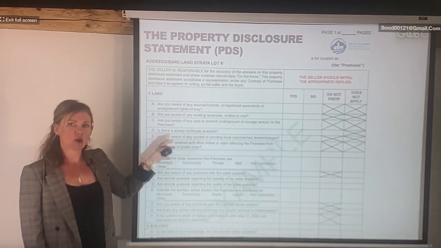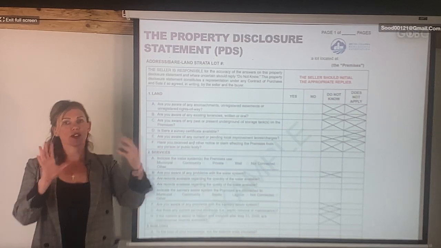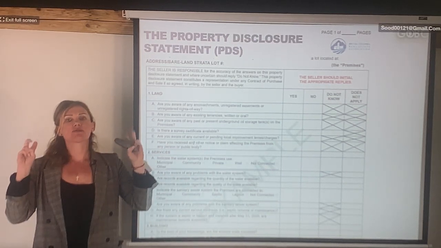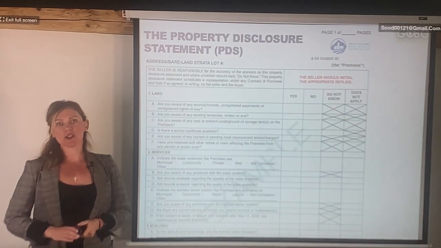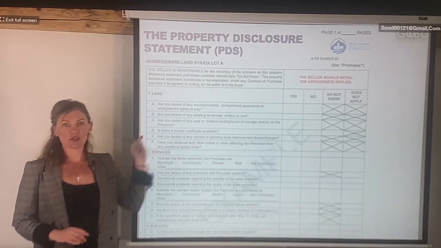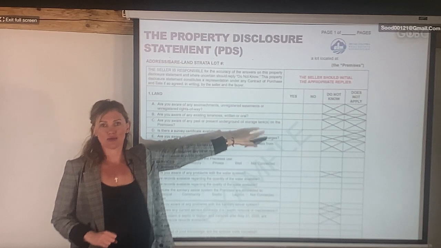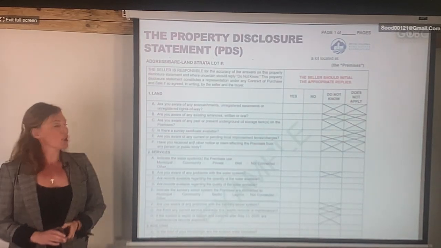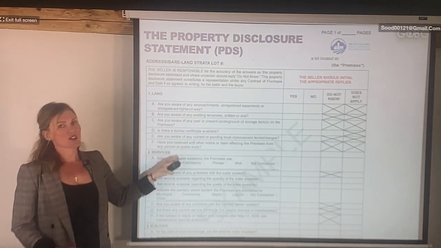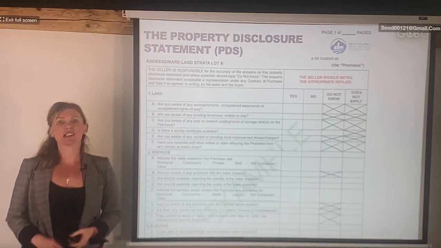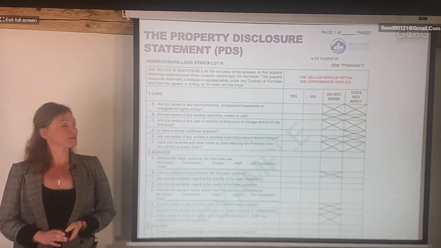And if the buyer incorporates this property disclosure form into his contract of purchase and sale, that becomes a written warranty from the seller saying, there's no oil tank. And if later as a buyer you find there's an oil tank on the property, guess what you can do? You can sue that seller and say, you put in the property disclosure that you guarantee there are no oil tanks in the property, and now I found one and it cost me a lot of money to take it out. So you see what I mean? This is a protection to the buyer, not to the seller, but the sellers cannot list the house without this form, so they have to fill that out.